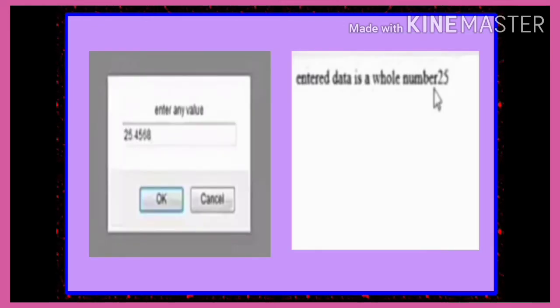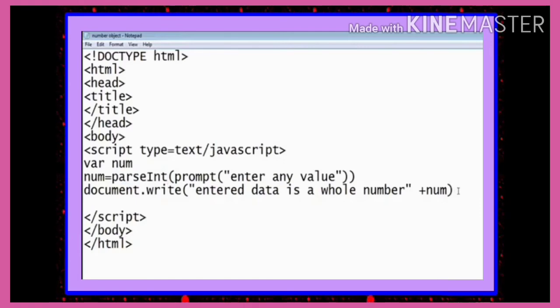When you save and execute the program on the browser, you will get this output. Output shows one text box and two buttons, OK and Cancel, of the prompt function. If you enter 25.4568, you will get 25. Why will you get 25? Because here